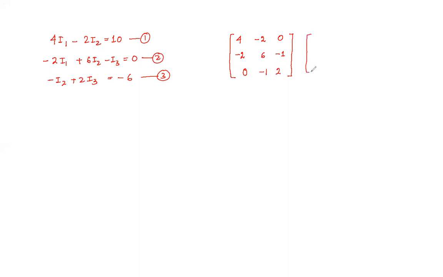And what are the currents there? It is I1, I2 and I3, equal to, all the right hand side of it is going to be written over here: 10, 0 and minus 6. Now it's our turn to solve the